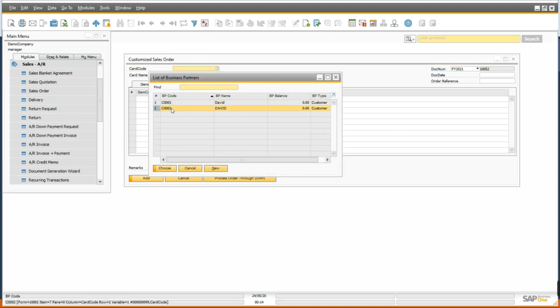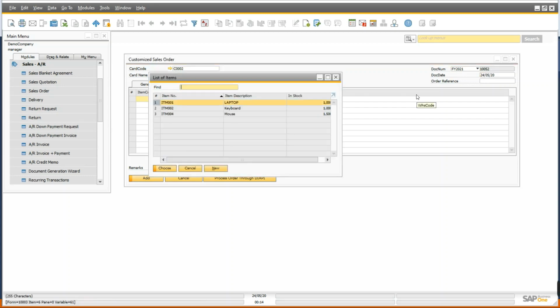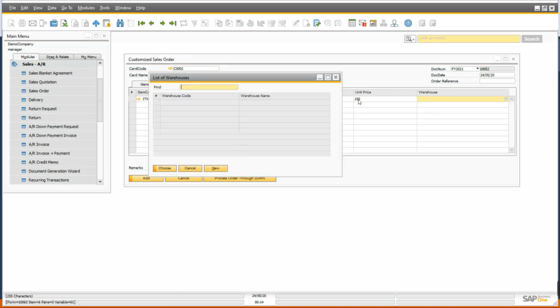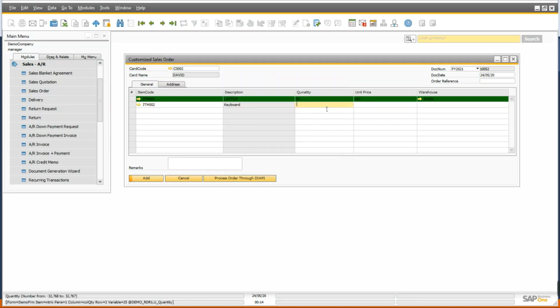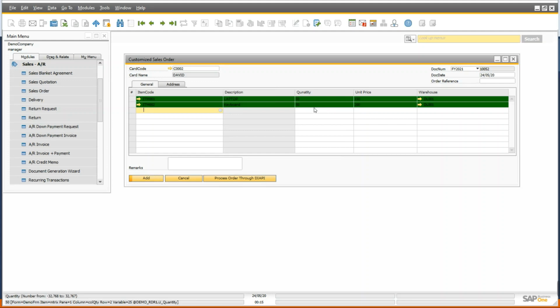So let me add this document. 150 warehouse, item code once again, 50 quantity, 200 unit price, and so I am going to add.